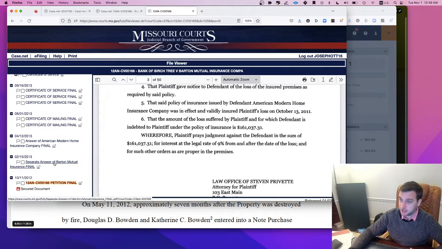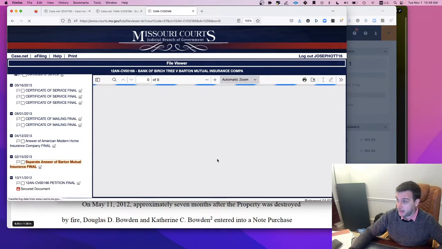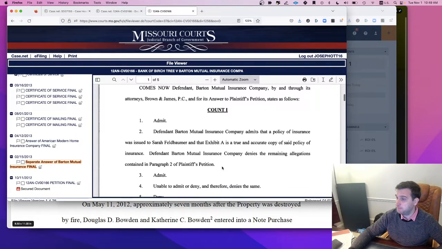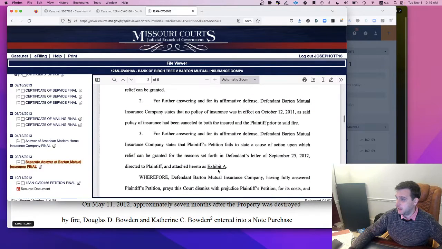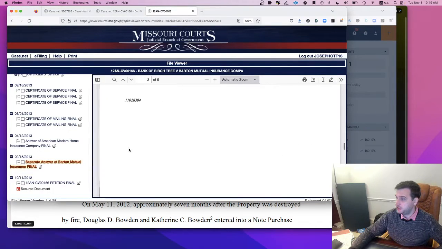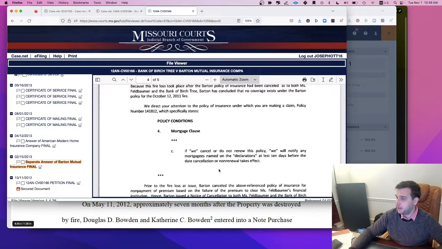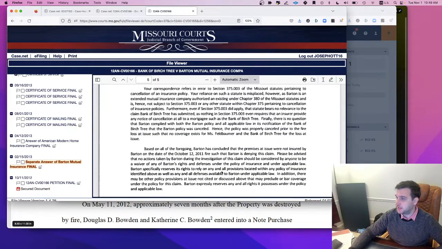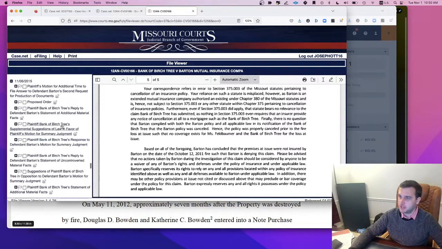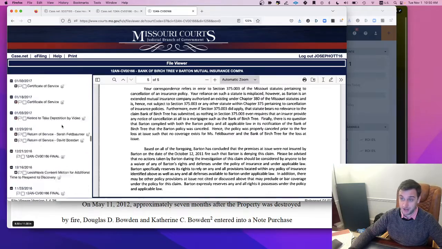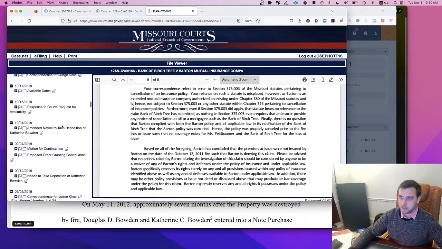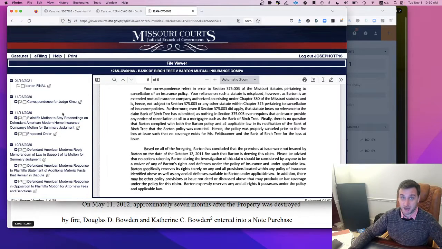So the defense lawyers in this case have answered, and in their answer they raise the notion that the policy does exist, but that the policy is invalidated because the plaintiffs in this case assigned their right to receive the benefits owed under the policy to somebody else. So the insurance company is basically claiming that, and this is obviously summarizing more than 8 years of litigation, so it's kind of a synopsis, but basically that the insurance policy is not applicable because the policyholder